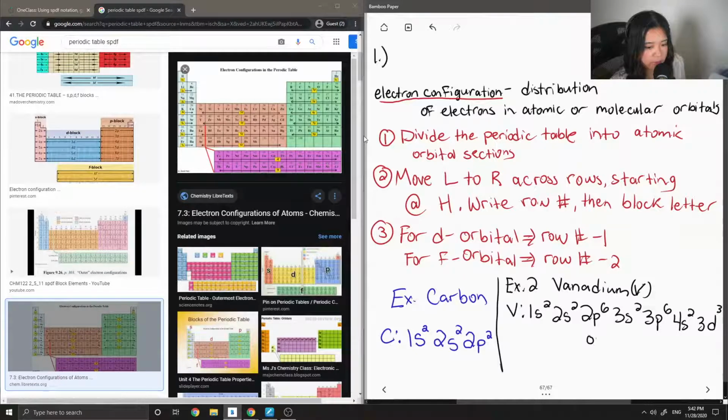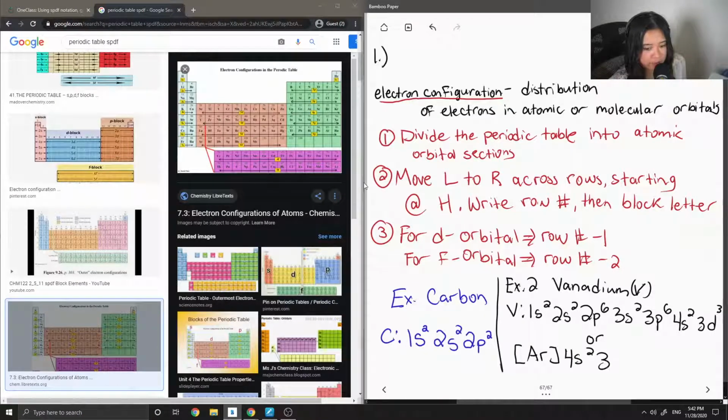Okay, so we can also write the electron configuration in the shorthand way. To do this, we are going to find the noble gas that comes right before vanadium if you go in order. So before vanadium is argon. So to write the shorthand way, I'm going to do argon in square brackets. And then you just continue on with the same rule. So argon,